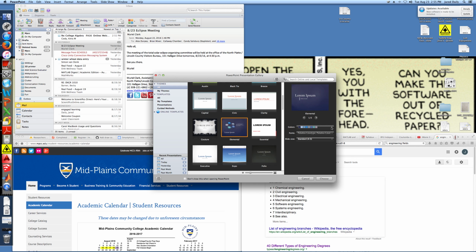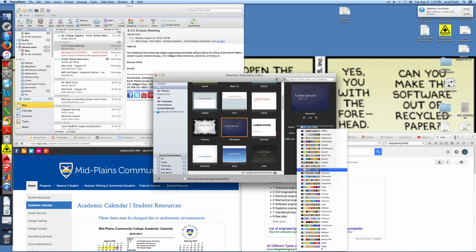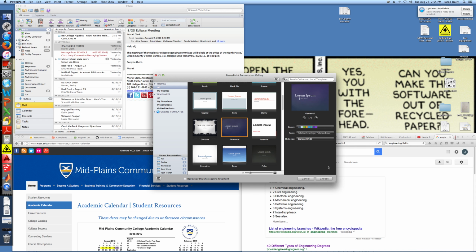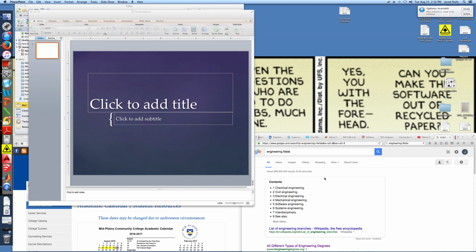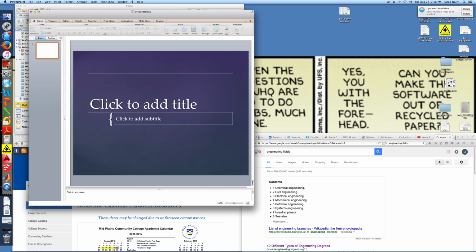The color scheme, you can choose different color schemes down here, and I would pick one that is, again, pleasing to the eye. So I'm going to pick that one maybe, or whatever the first one was. But anyway, there's lots of different ones, and you can go through and see how that's going to work out with the slides, and that works fine. It's maybe not the best one in the world, but I'm going to use it. And that's the one I go ahead and choose,